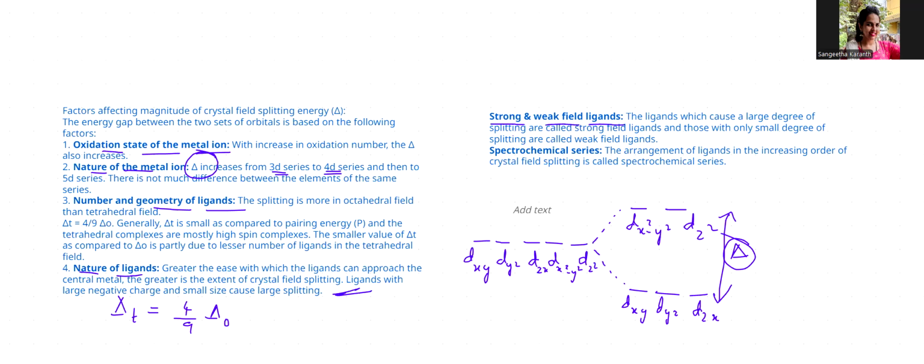Now, how do you decide which ligand is a strong field ligand and which is a weak field ligand? We have something called the spectrochemical series. According to this series, the ligands are arranged in a particular order, based on which you can decide which one is a stronger ligand and which one is a weaker ligand. So let me give you the series. So here we have